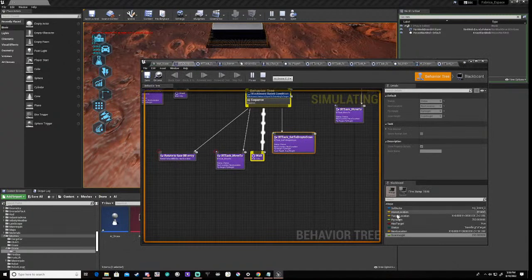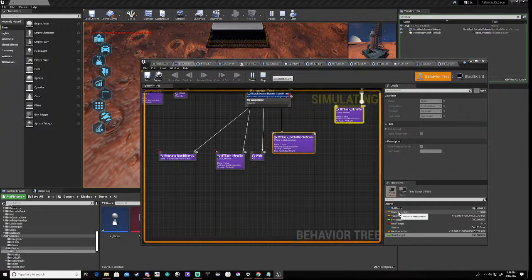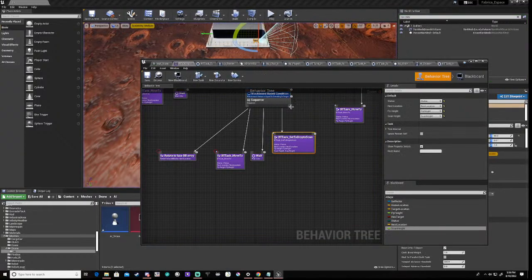Now, do we have, no, we do not. We do not have a home location, right? So basically, what I need to do here is set this home location, because if this is invalid, it can't fly back, right? So we're going to stop that,